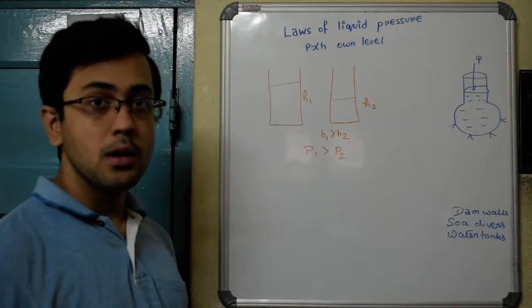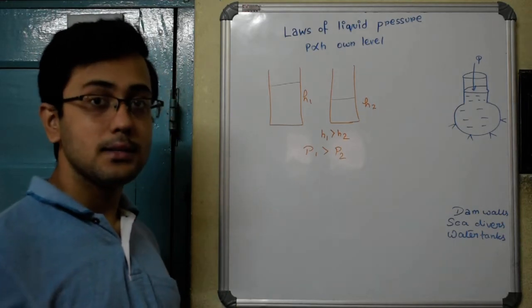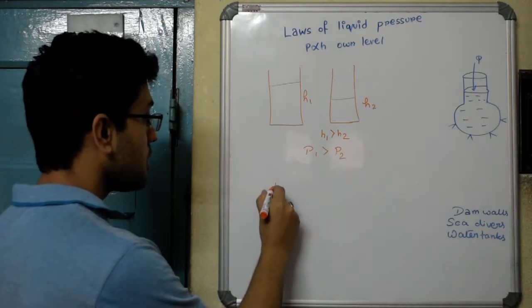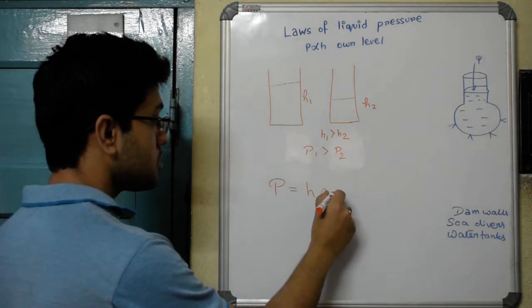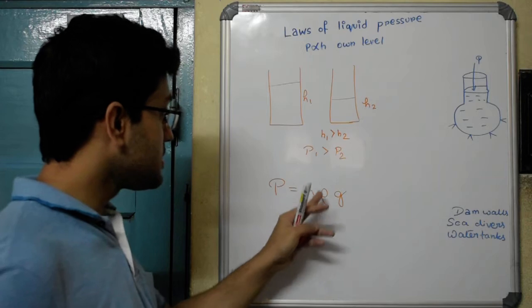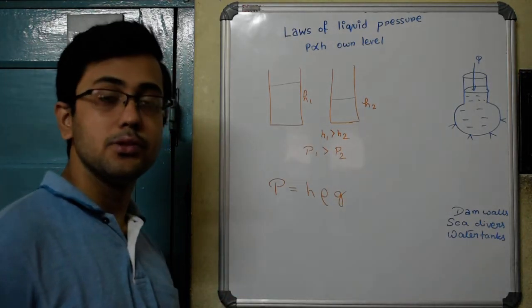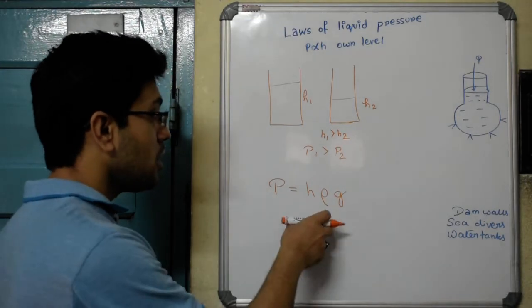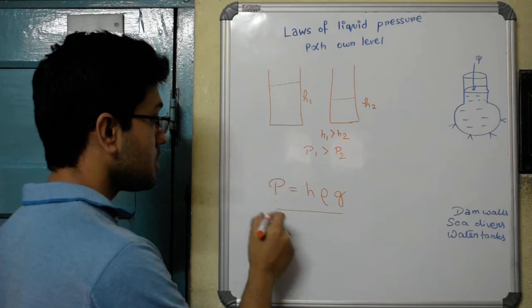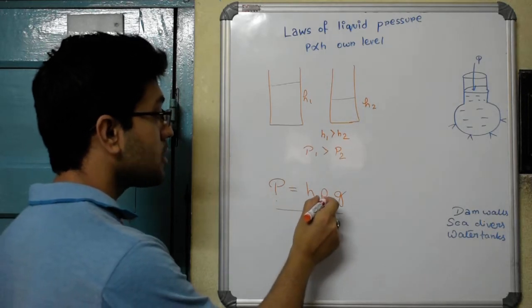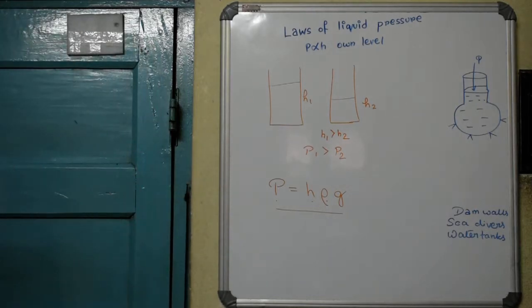Now combining what we did in the last law and this law, as I said last day, there is a formula: pressure exerted by any liquid column is equal to h rho g, where h is this depth, rho is the density and g is the acceleration due to gravity. This formula you should study in class 9, but you can see clearly therefore that pressure is directly dependent on the height of the liquid column as well as the density of the liquid column.